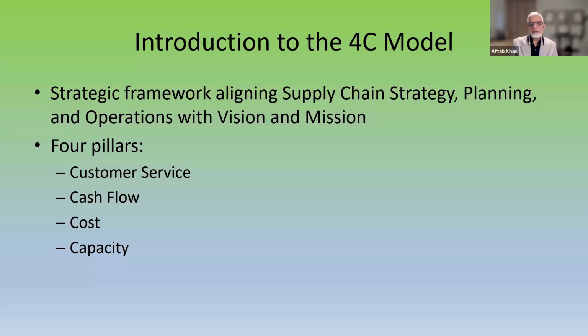Customer service, top priority. Cash flow, second. Cost, third. And capacity, the last one. Now, the order does not mean that one is more important than the other, because you need cash flow, you need to control costs, you need capacity. The sequence is meant to identify what we need to secure first of all, in the sense of timing, in the sense of order. So imagine customer service. If you fail to deliver today's orders, there won't be any cash flow tomorrow.